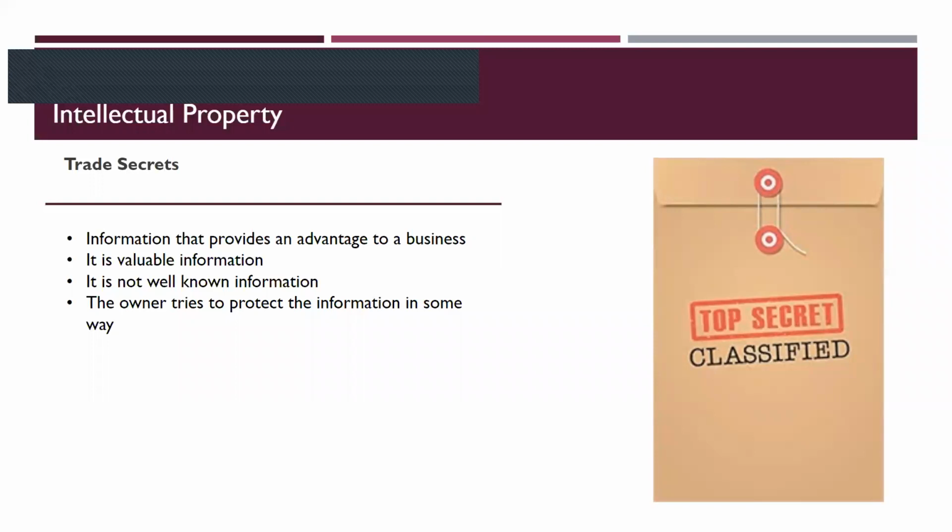So that would mean we tell our cooks how to make it, but that's it. We don't tell the public how to make it. And then you have to try to protect it in some way, which is obviously Burger King not posting it on the internet for everybody to see. I know you can Google it and find imitations of it, but the company hasn't put anything out there, so they're doing their best to protect it. So that would qualify as a trade secret.